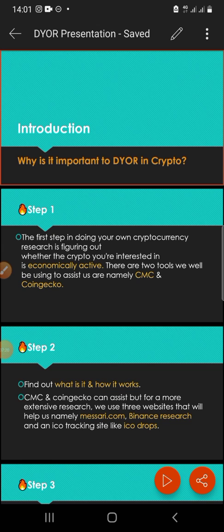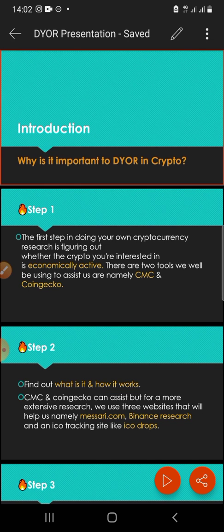Finding out if the particular cryptocurrency is economically active is very, very important, because the thing is that you can hear about a promising cryptocurrency, but the truth is it may be dead a long time ago. It's no longer alive, so you need to actually know if it's economically active. There are 2 tools that we're going to use, as I said, Coinmarketcal, which we are all very, very used to, and then Coingecko. So I'm going to use Coinmarketcal for this illustration. On your own, you can also use Coingecko to do the same thing.